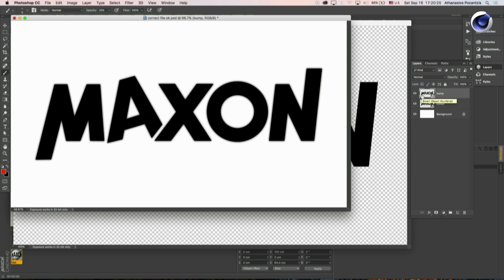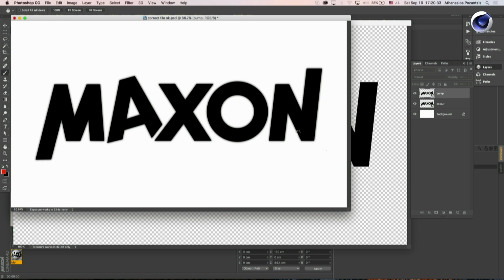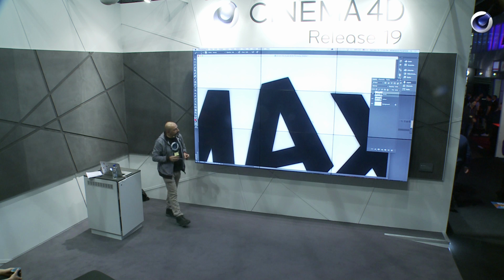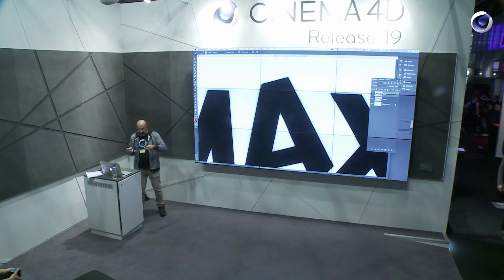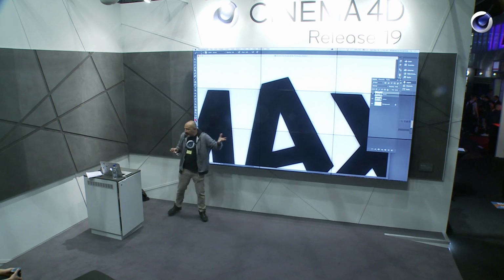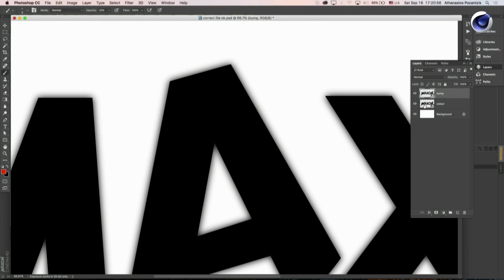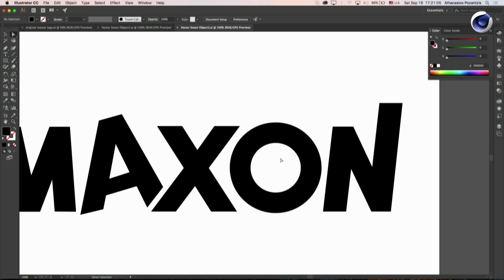But because now it's locked, the effect is not outside, then if we scale this up and make it like 400%, you will see that the bump is going to scale exactly as we want it. So we've solved that problem. So by using these nested smart objects, you can actually create a structure with your textures that can have a lot of flexibility. And in this case, we have the following advantage. Because both of these smart objects are based on the same vector, if Maxon changed its name to Maxon,